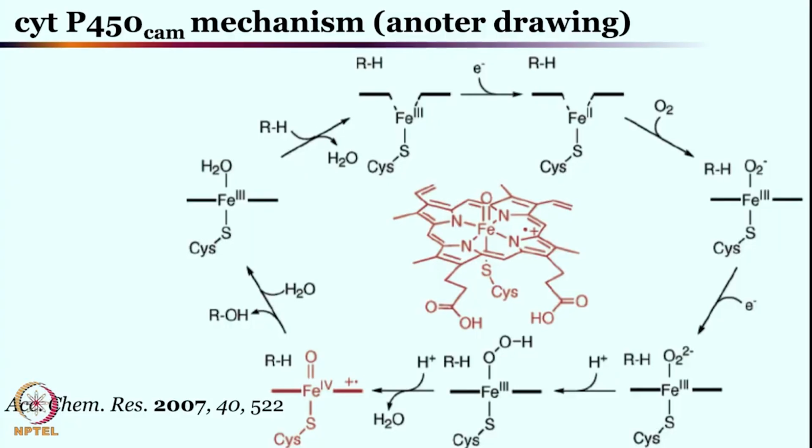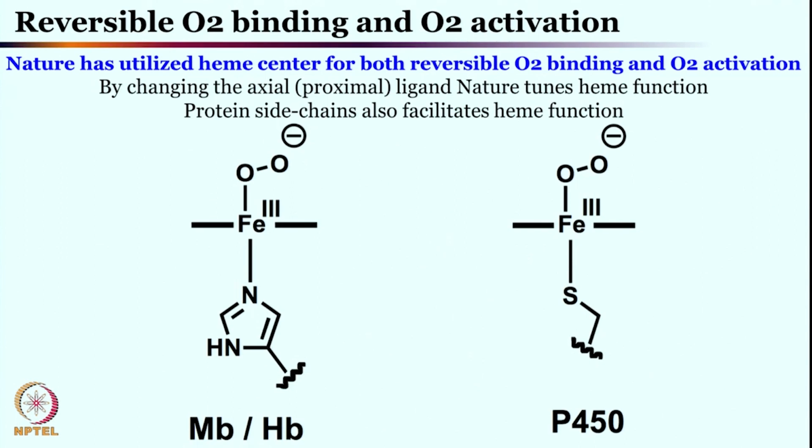Of course, you have seen hemoglobin, myoglobin is completely different. They are kind of the no hassle enzyme. It just does one activity, and that is oxygen transport, right. So, that is quite interesting for all of us to remember. Moving on, what we have understood also clearly is this hemoglobin and myoglobin utilizes histidine, and cytochrome